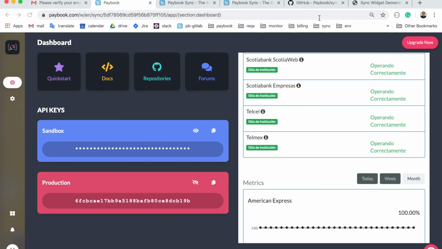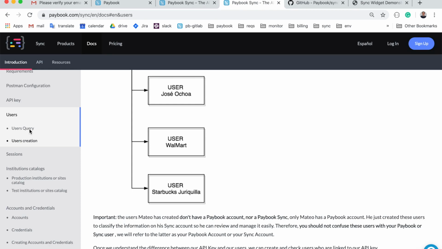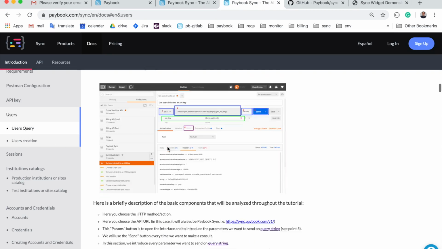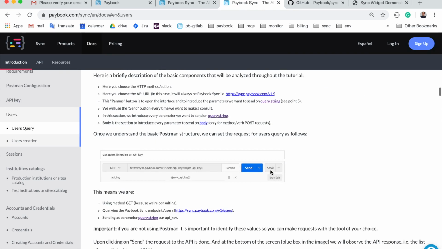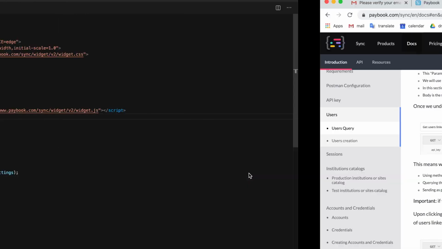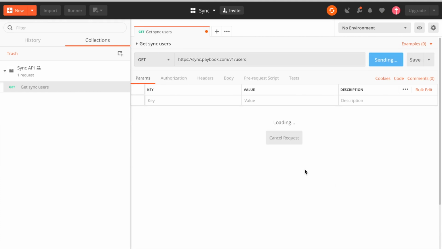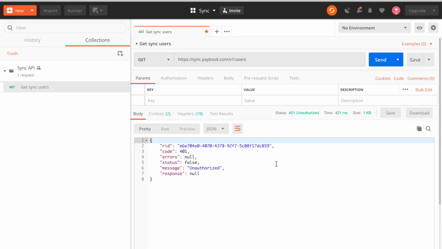So I am going to go to the sync documentation, and basically go to the sync query. The endpoint that we're going to be using in order to retrieve the users is this one. So I'm going to copy the value and go here. It's important for me to use the API key value in order to get the users. For example, if I click here on send, it's going to give me an unauthorized response because I haven't provided any